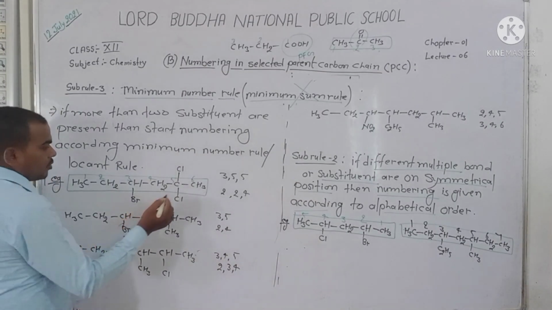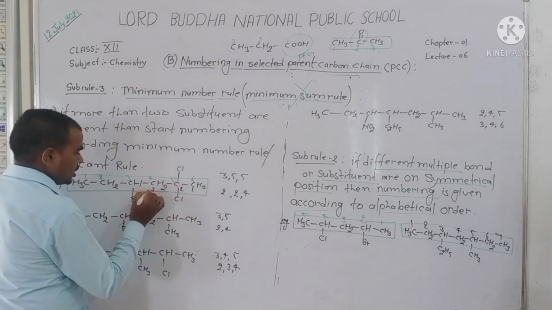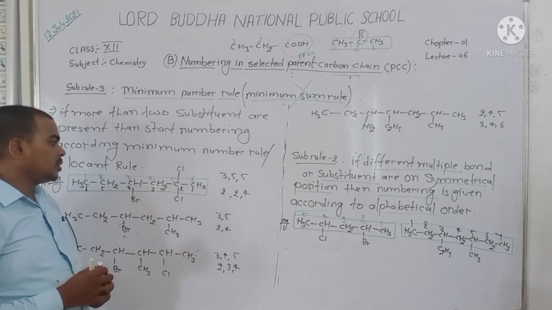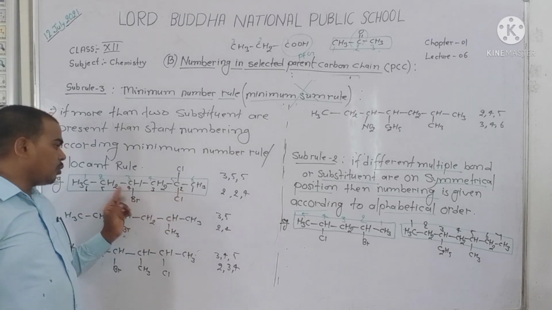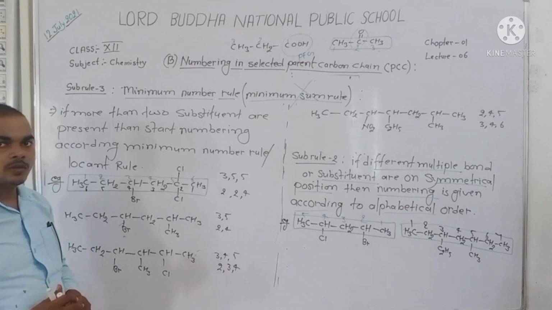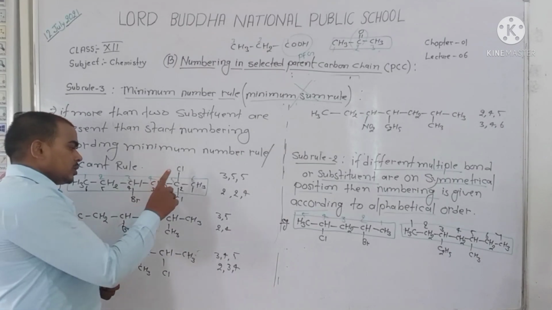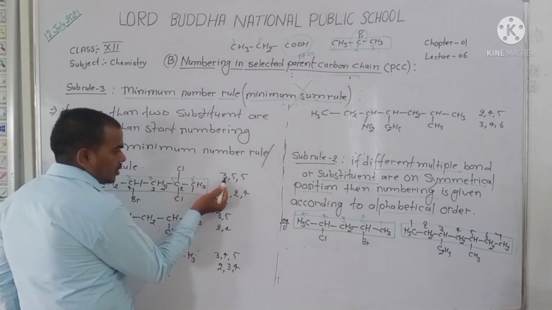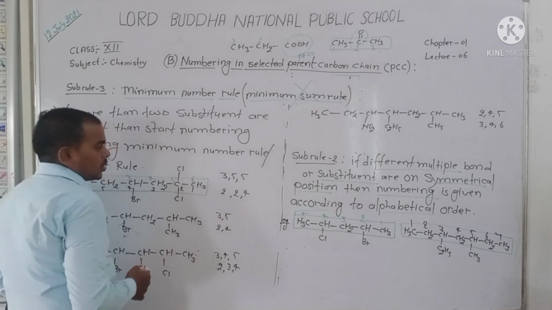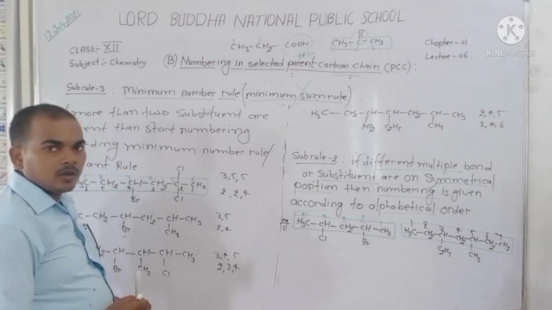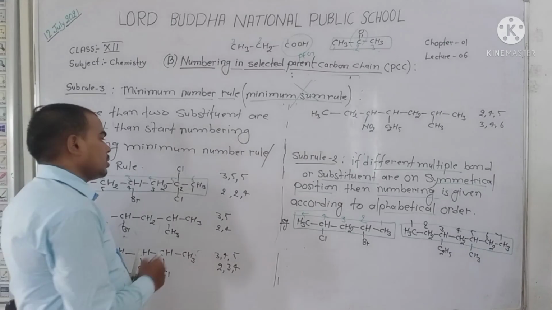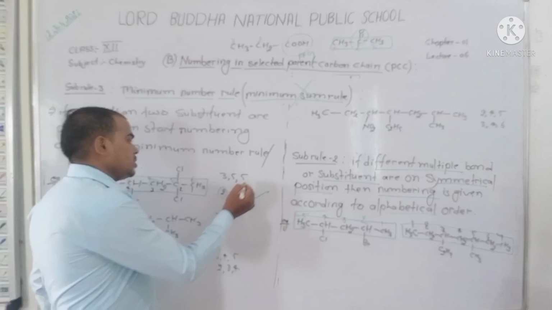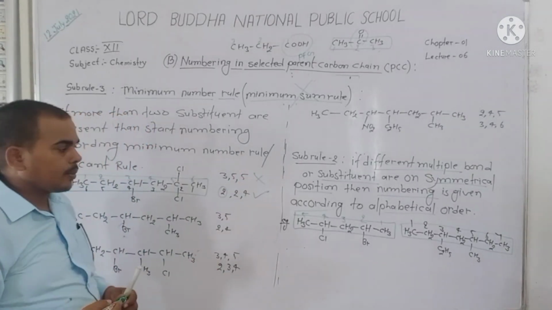But if you count from here, 1, 2, 3, 4, 5, 6, then you get 2, 2 and 4 positions of substituents. Dear student, here you observe 3 and 2. 2 is lower than 3. So it is the right method for counting. The other is the wrong method. Okay. Next,